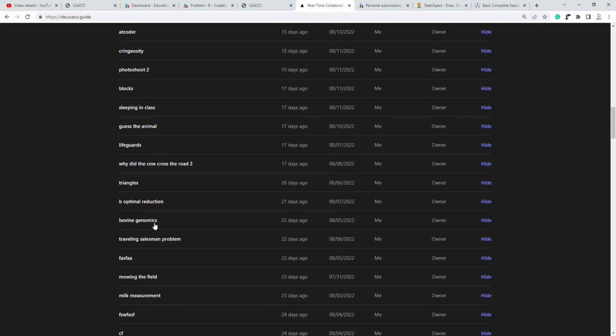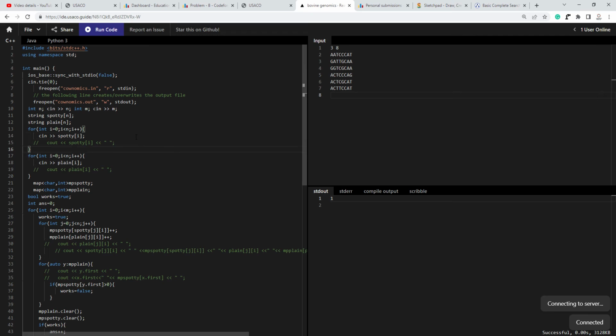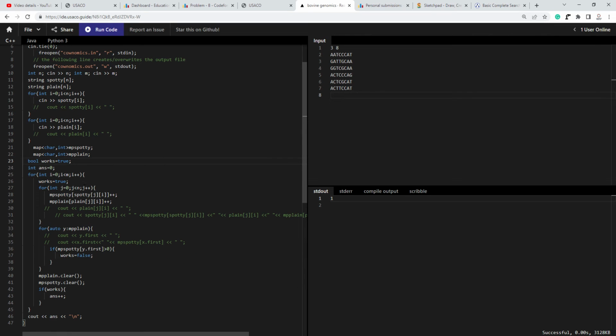Okay, so I have an array of size n for the spotty and the plain. So I read in the spotty. I have a map, and I have a boolean. I have an answer, and I increment it every time it works. So I loop through all the positions, and then I loop through all of the spotty and non-spotty cows. So I increment my map, and then I loop through the map, and I loop through the plain map, and I